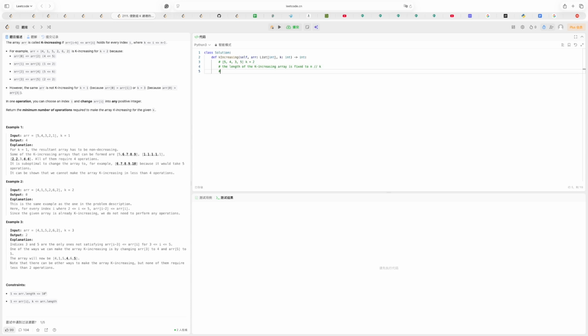So we will try the greedy method and loop through the array and also maintain k number of